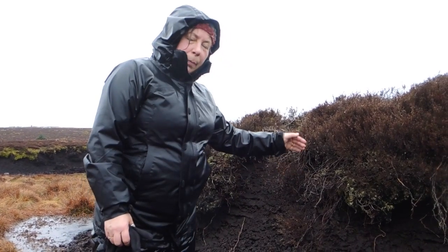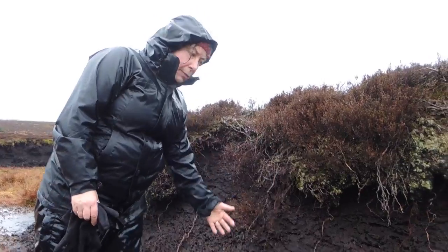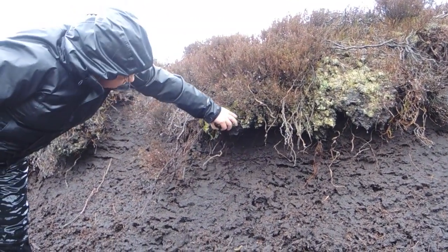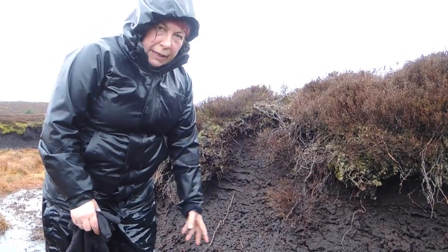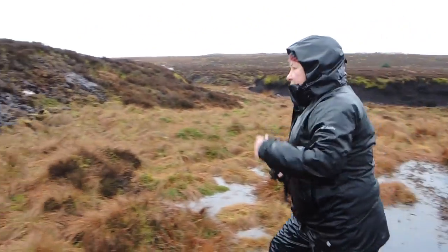Here we've got a peat hag edge which hasn't been reprofiled yet. It's got a really steep slope. You can see the peat is disappearing from underneath the vegetation as the drip edge, the water from the edge of the vegetation, is eroding the peat down and away downstream. Over this side